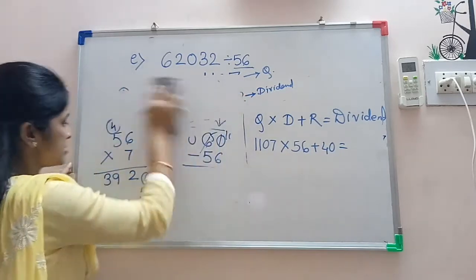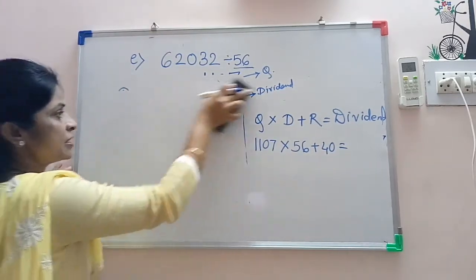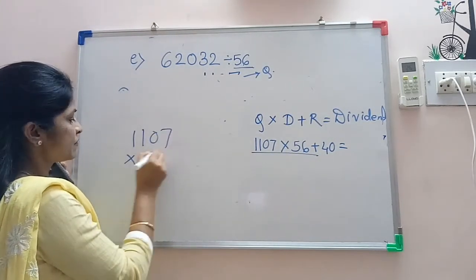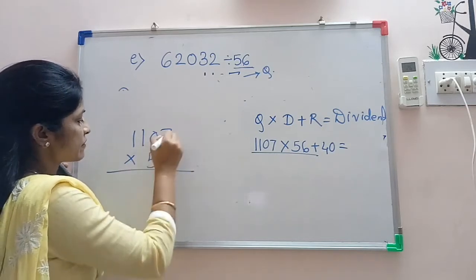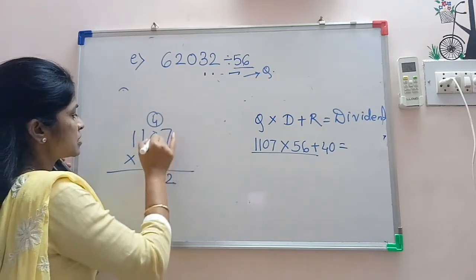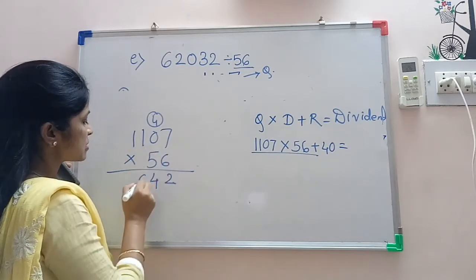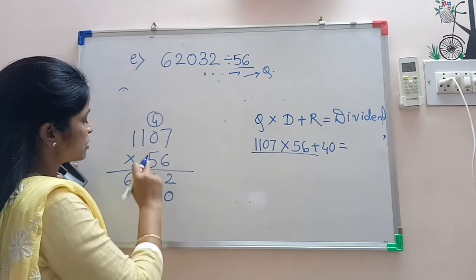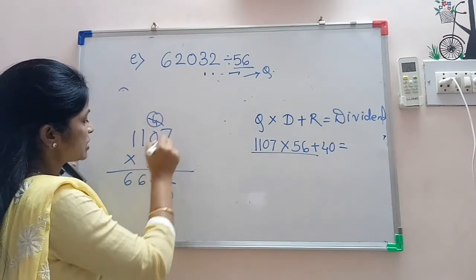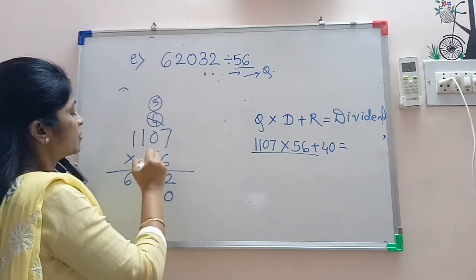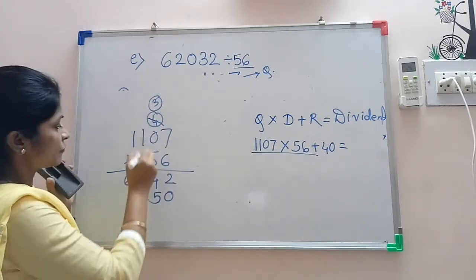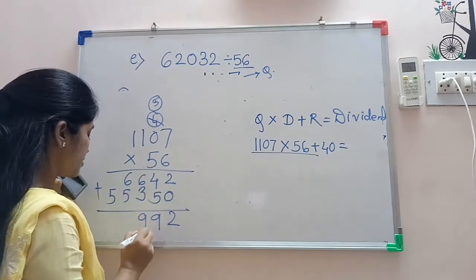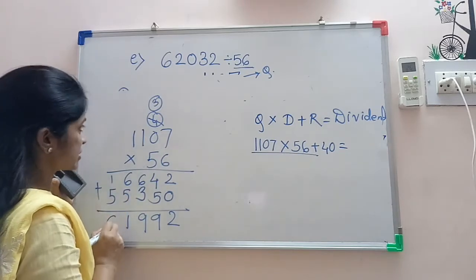Now we will try this. First we will multiply these two numbers. One side 1107 multiplied by 56. I will start doing 6 7s are 42, 4 carry, 6 zeros are 0 plus 4 is 4, 6 1s are 6, 6 1s are 6. Now we will multiply with the tens place, so we will put 0 here. 5 7s are 35, 3 we have to put here, 5 zeros are 0, 5 1s are 5, 5 1s are 5. We will add both the product. 9 9 11, 1 carry, 6.